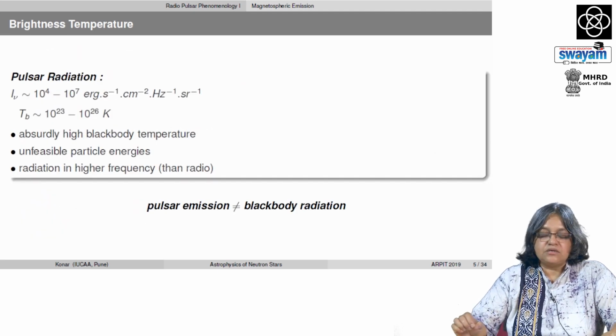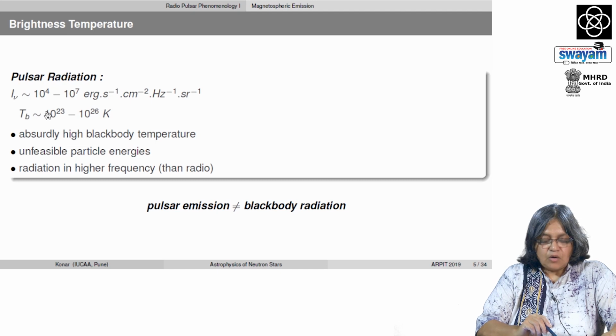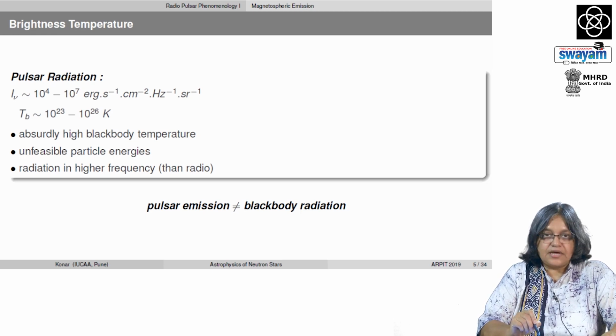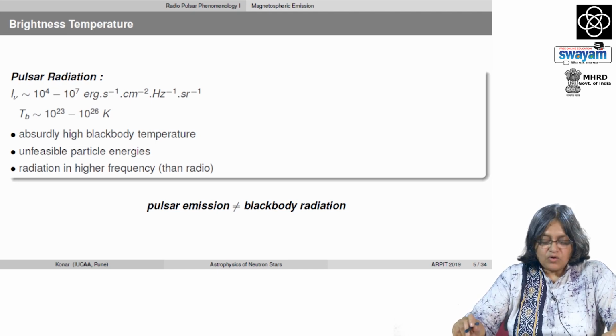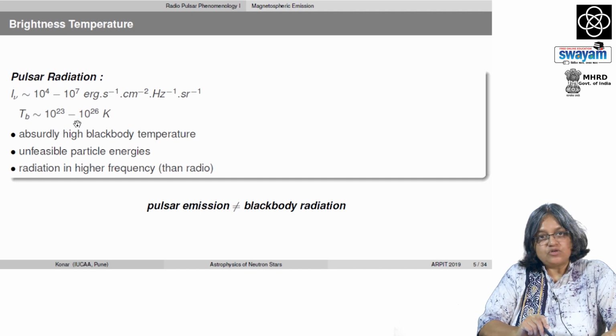Now, if we apply this formula for the pulsar emission, a typical intensity obtained from a pulsar in the radio band is about 10^4 to 10^7 ergs per second per centimeter square per hertz per steradian. Now, if we use the Rayleigh-Jeans law for this amount of specific intensity in the radio band, what we obtain is a whopping 10^23 to 10^26 Kelvin as